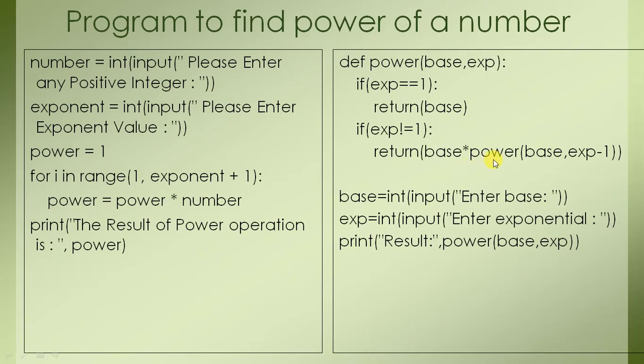Okay, so x to the power n can be represented in its own terms. The problem can be broken into its own terms. That's why we can use recursion here. So x to the power n is equal to x into x to the power n minus 1. Again, x to the power n minus 1 is equal to x into x to the power n minus 2. And that's how you keep on creating the memory frames, function calls, and at the end you reach x to the power 1, and then you start moving backwards and you reach the solution of that problem.